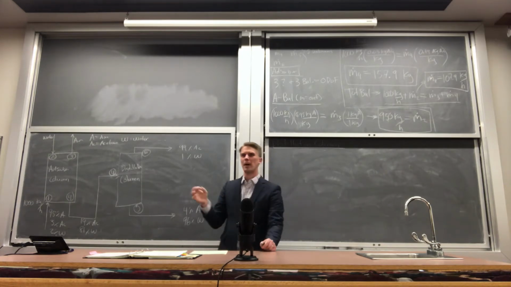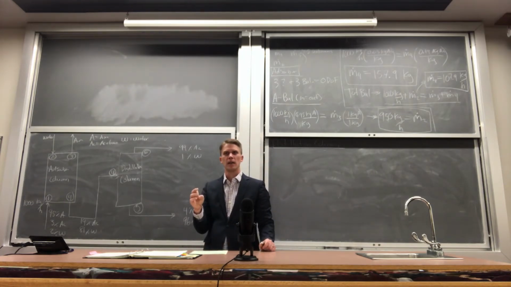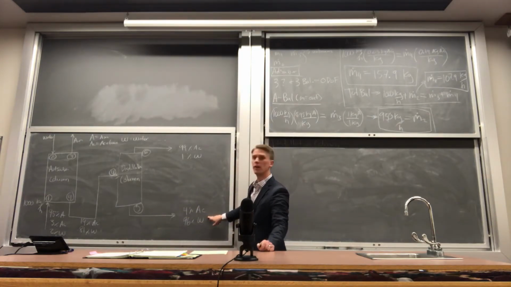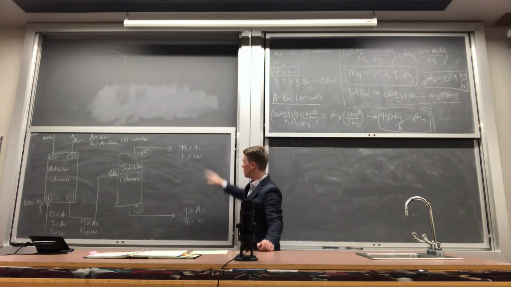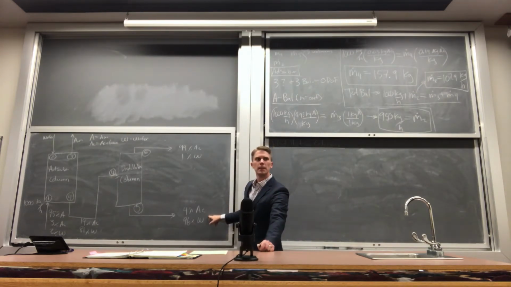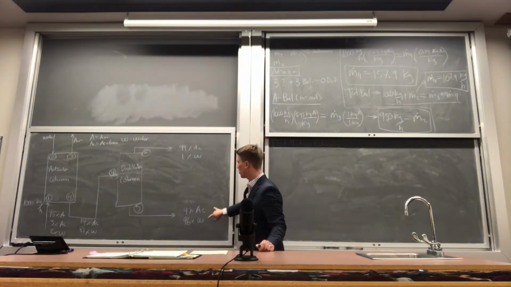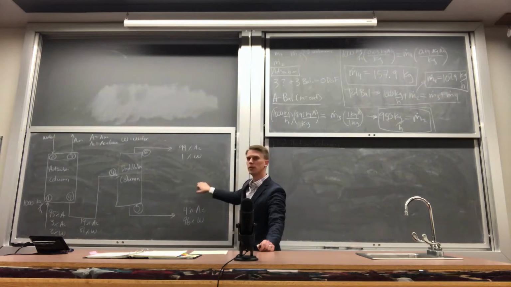So if I were to do this by hand, I know I'm going to get a system of two equations and two unknowns, no matter what. I do the water balance, I have M5 and M6 in my equation. I do the acetone balance, I have M6 and M5 in my equation. So typically, if I'm going to do substitution by hand, I would much rather do one species balance and then one total balance, if I were to do it by hand on an exam. Now, if I were to do it